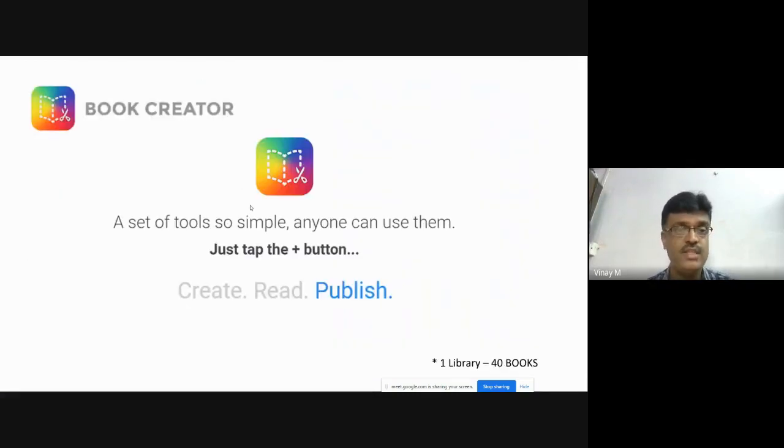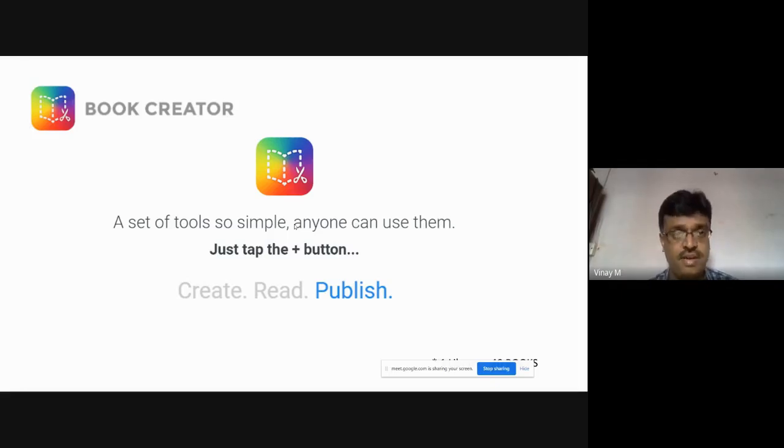The next one is another tool called Book Creator. This will allow you to create books. Before that, I will try to tell you to understand that the book we are trying to create is not a regular textbook which will be published by a publisher and then released in the market. It is not that. You need to understand that this is something which will be given to them in multiple different ways.